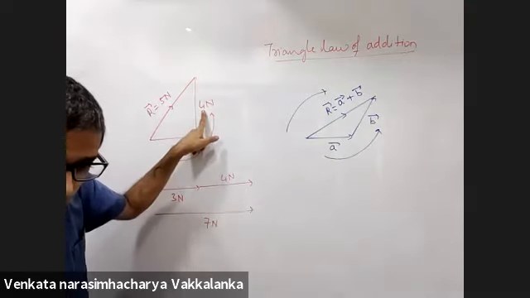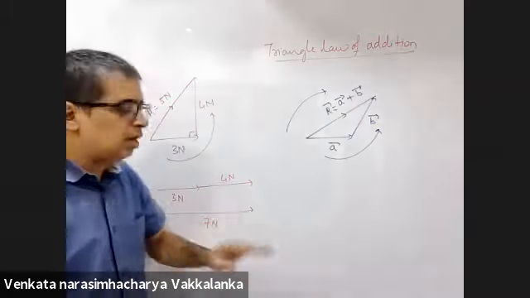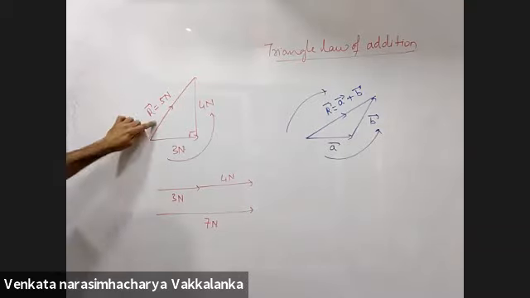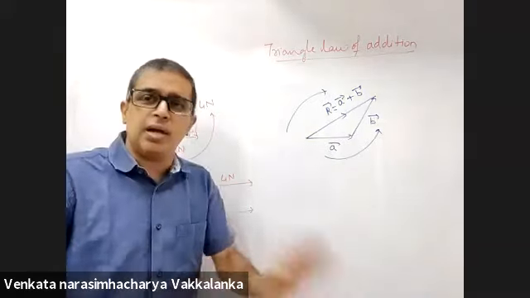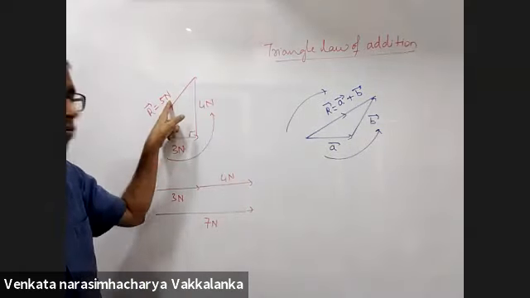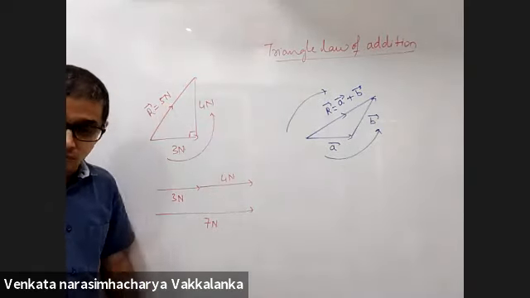Yes, sir. What is the triangle law? Triangle law tells you that the third side is your resultant. How do I get that length? You measure it with a scale, I'm okay with it. I took a right angle triangle so that I don't need to measure with the scale and directly I can tell you the answer.